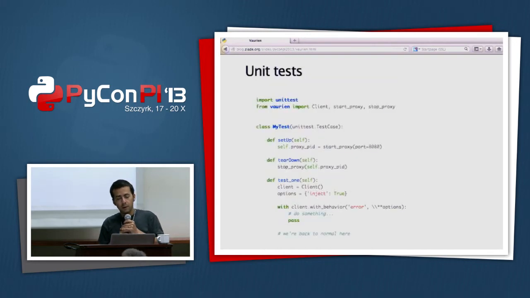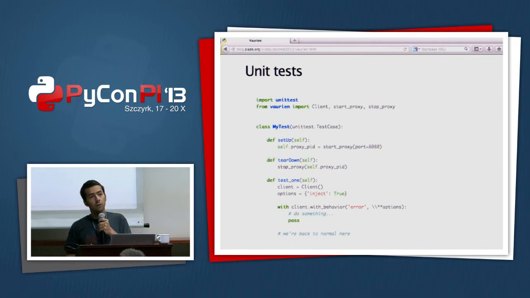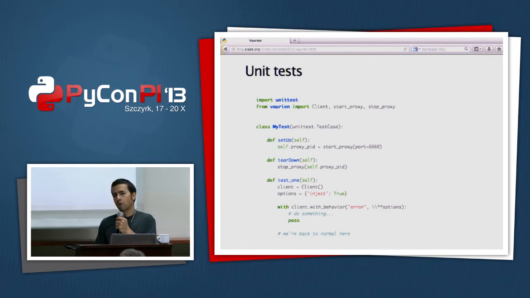All right, so another thing that I said earlier that is quite important is the ability to automate all this testing. So I showed you how to use Vaurien from the command line. That's really useful when you want to, for example, in stage, deploy a Vaurien proxy and just let it run there and just see how things are going. So you just use the command line, and that's fun. But another approach is to have this testing in your functional test.